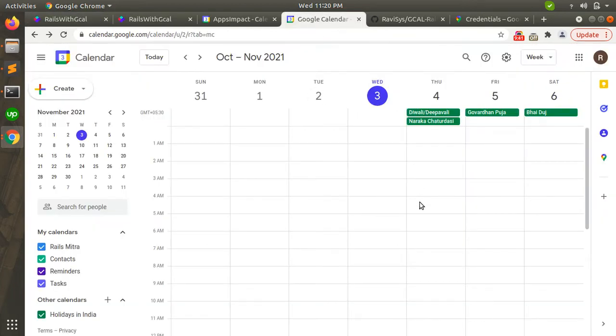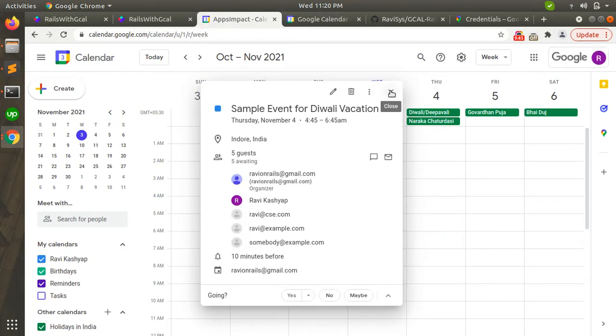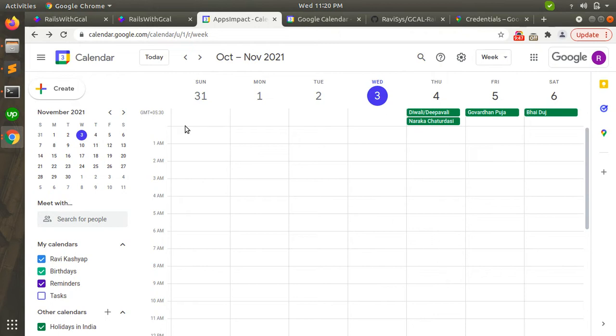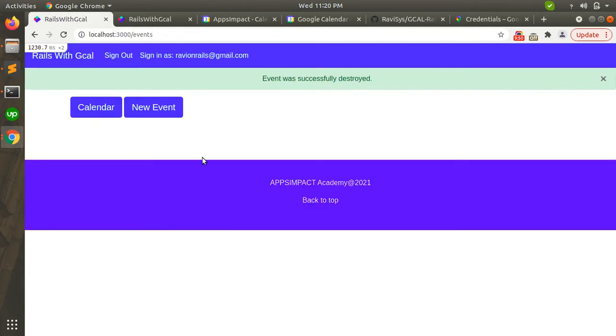Now you can see that this event has been deleted here. This event has also been deleted. Okay, so there is no event now. So this is what I have done for creating events locally and sending those events to Google Calendar.